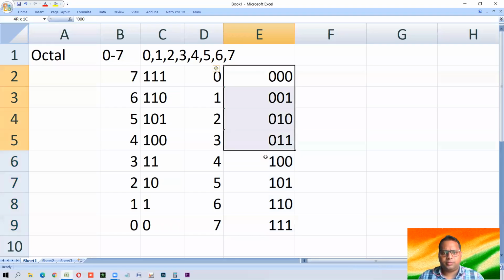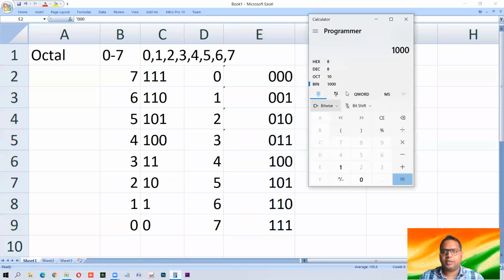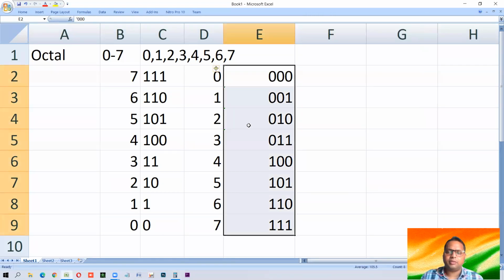So now this is in 3-bit format, and you might be noticing that this also follows the protocol of 4 bits. There's a reason behind this also. You'll all understand this. The calculator also tells you everything in 4 bits. Let us see. If you want to convert a number like 3, then also it shows you in a 4-bit format. There's a reason behind it. You'll understand it. So for the same reason, or for our purpose, we have also converted these two.